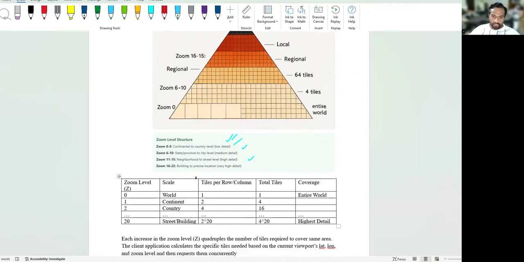So calculation wise, the same thing maybe, let's just go and see the calculations for this. For world, maybe we need one row and one column, which will be one tile only. For continent, if I'm going to draw a continent, maybe two rows, two columns should be the four, right? And so on. So for the 20th, like the street or building view, we need 4 to the power 20 tiles